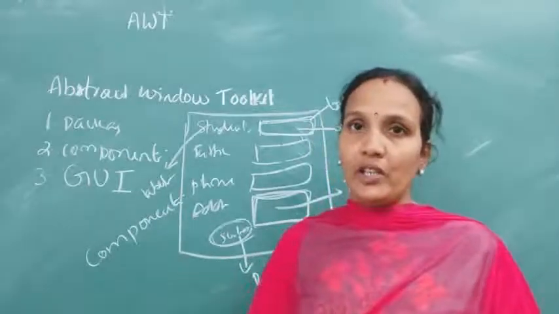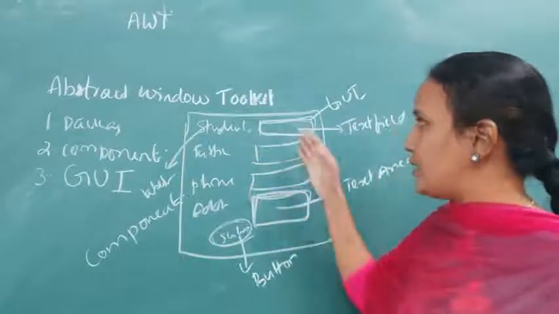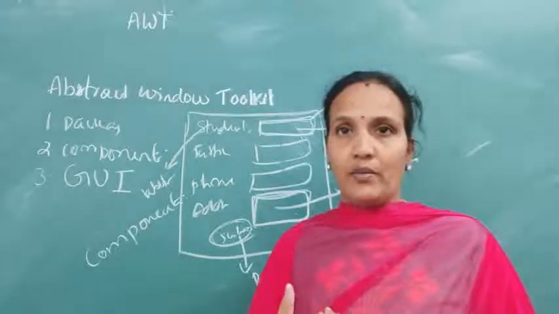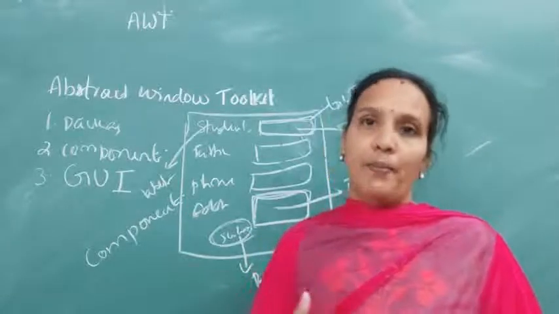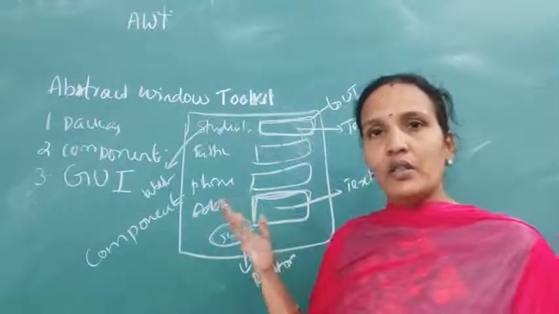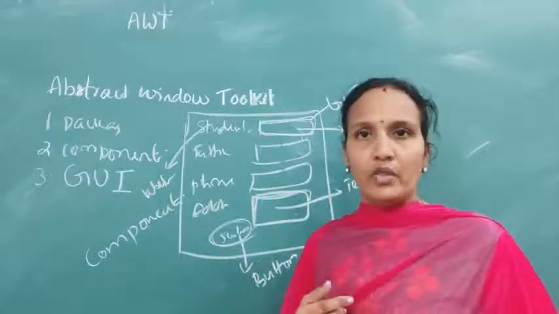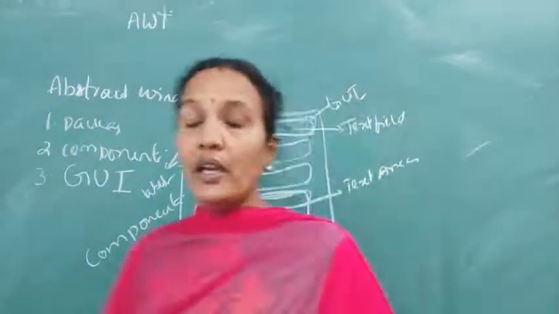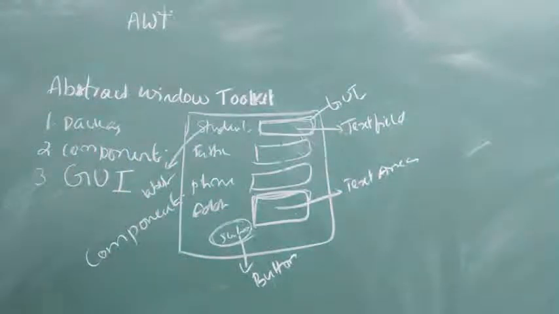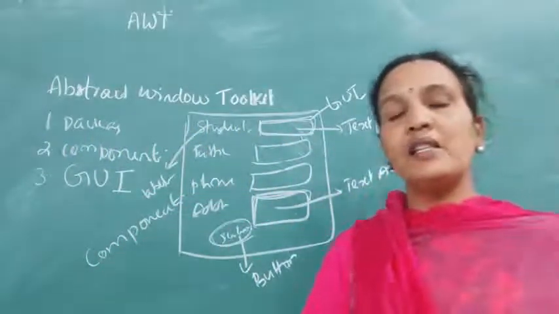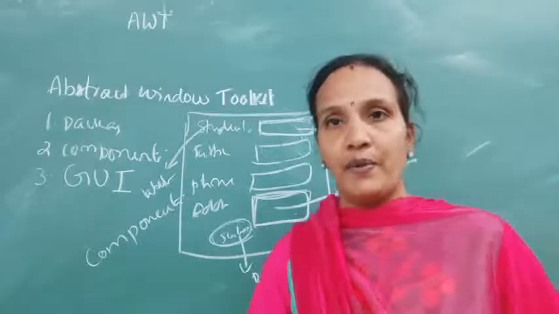It is an AWT package which provides different components. These are all components which help the user to create a graphical user environment, to create web-based applications. This is web-based only because here the user is entering the data on the web page. So we can create web-based applications by using the AWT package in Java. Now, whatever components we are creating, those components are truly operating system dependent.